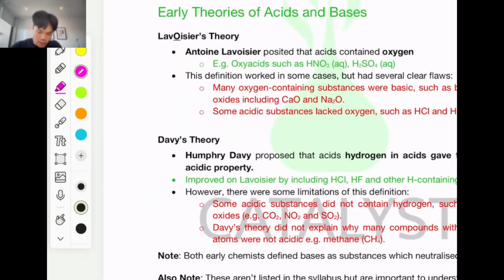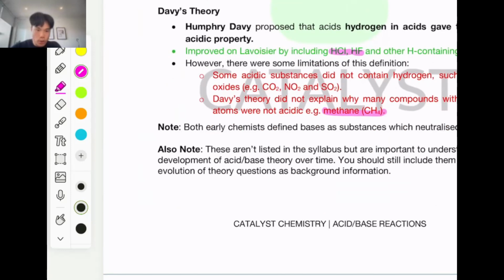Davy then said it was actually substances that contain hydrogen that gave them their acidic property. He improved by including some acids that had hydrogen, but he still could not classify acids that did not contain hydrogen, whilst also including some substances that did have hydrogen but were not acidic, such as methane. So those are the early theories